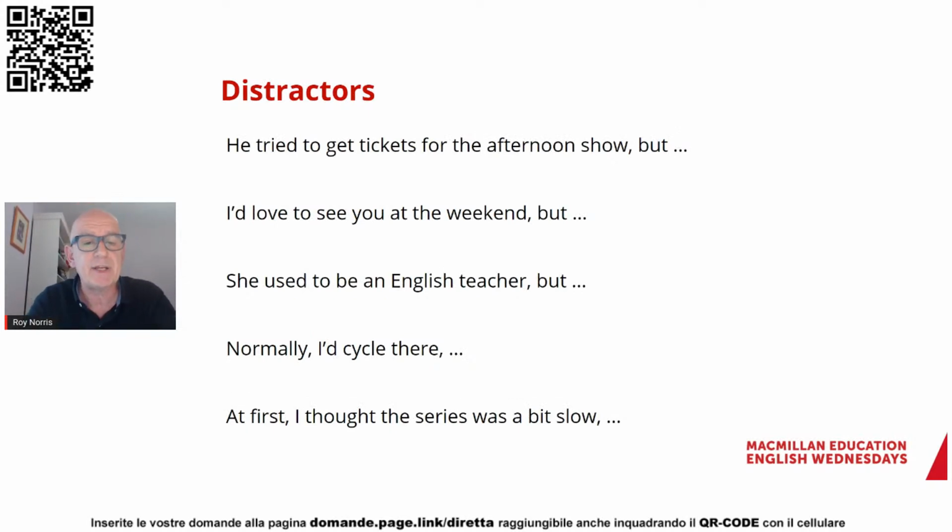These are some sentence beginnings. Now, I've chosen 5 sentence beginnings. I'm going to give you the possibility to write your own sentence beginnings with other language, but the language here is important, which I'll focus on a bit later. He tried to get tickets for the afternoon show, but